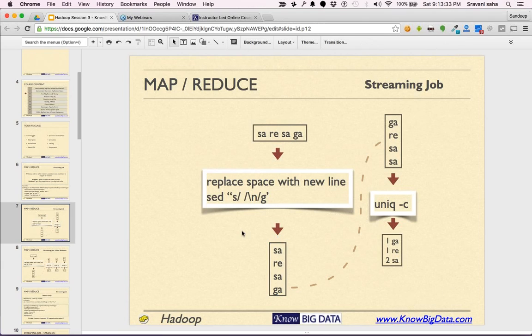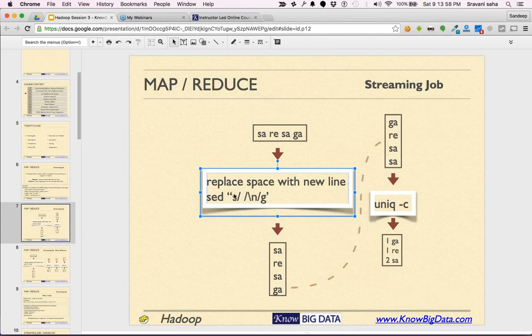Now this is what is happening in the background. Imagine there is one line, and you replace the spaces in this line with a new line using the sed substitute command. We'll just finish one loop and then change some data and see what is going on.